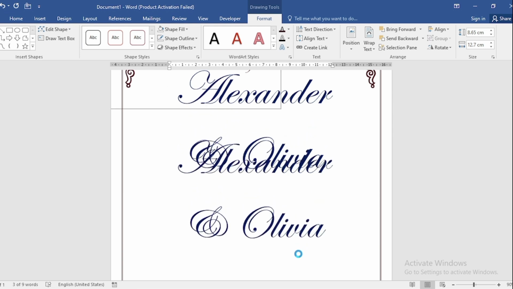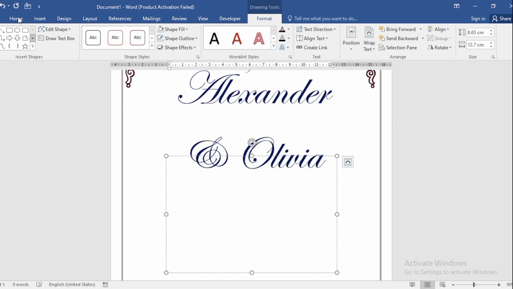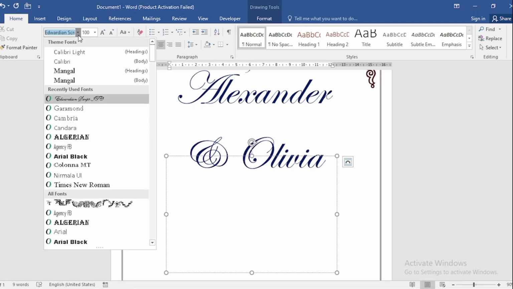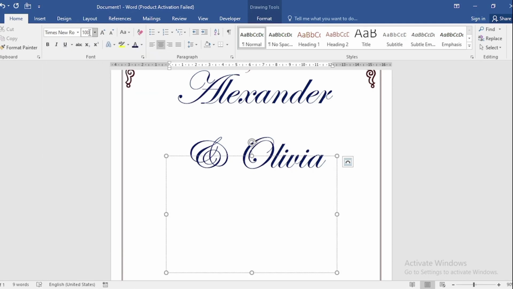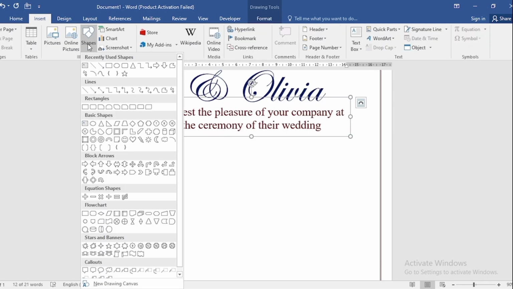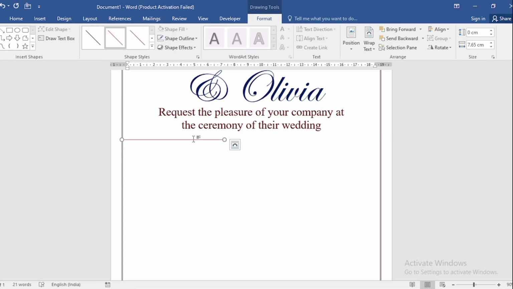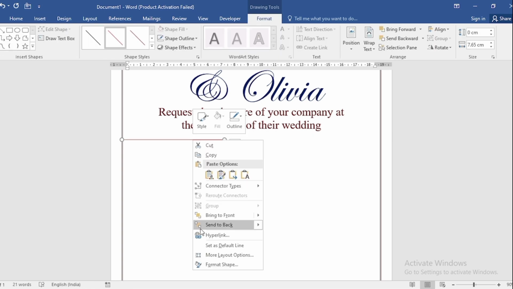Press Ctrl Shift to duplicate. Select and delete. Go to Home tab, change the font size and add some quote about wedding here. Go back to Insert, click on Shape, select Line, drag it like this. Click on right button, go to Format Shape,